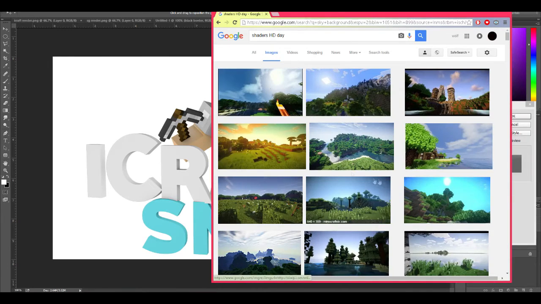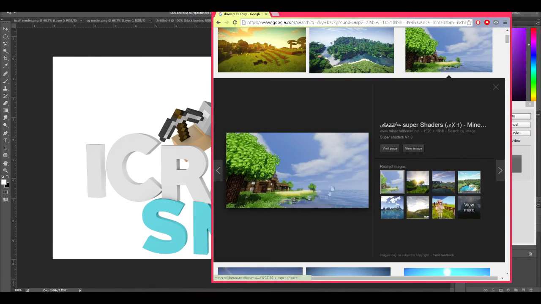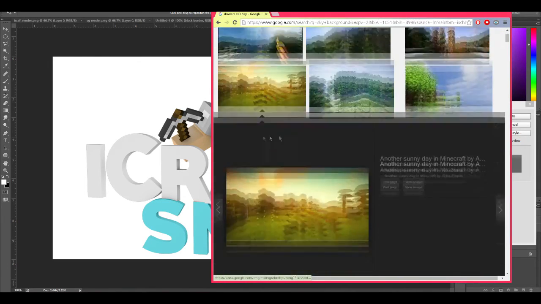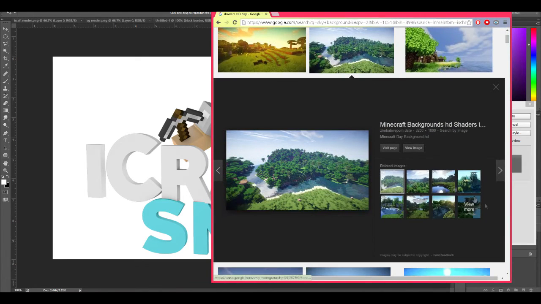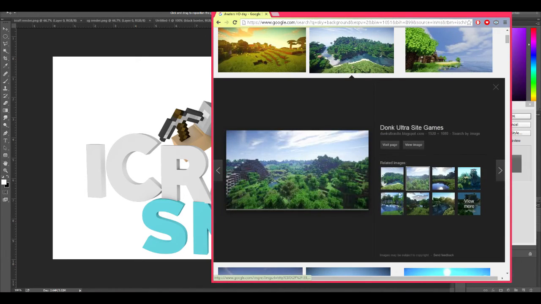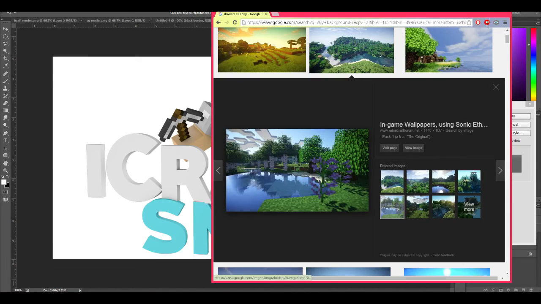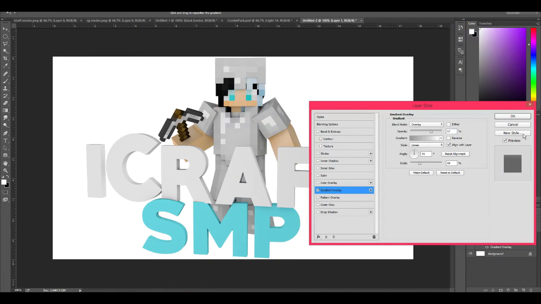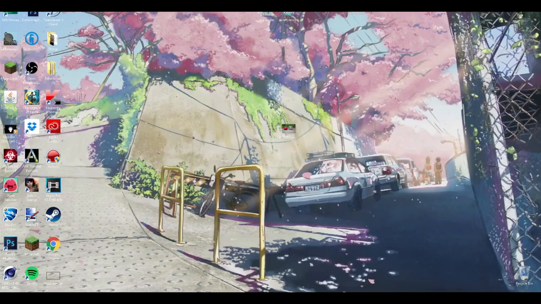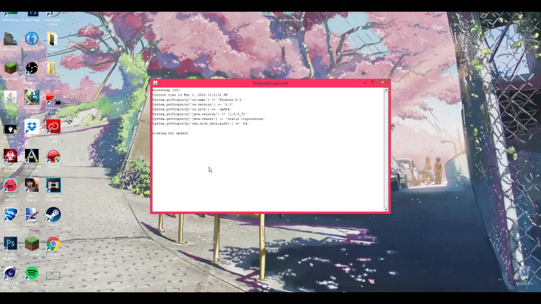So normally you can find anything. I normally recommend finding something like this, with no building in the background, or whatever you can find. Normally I'll take a screenshot in shaders, which is actually a great idea. I'm going to go ahead and do that now. I'm going to open up Minecraft and see what I can find. I normally just create a world, or if you have